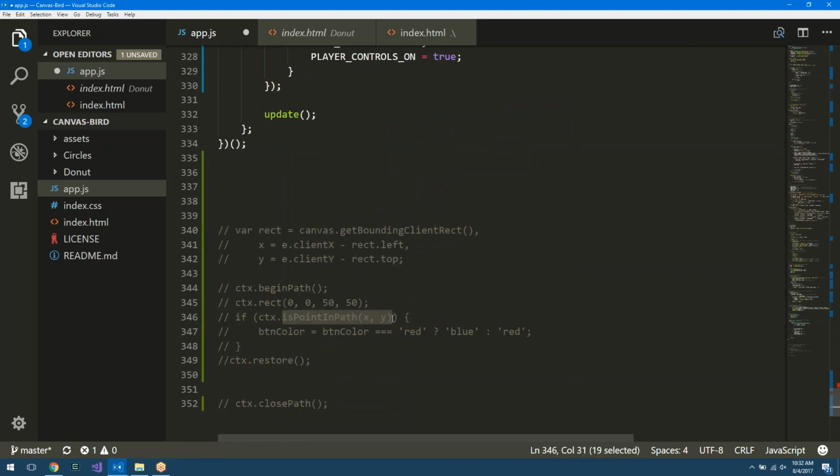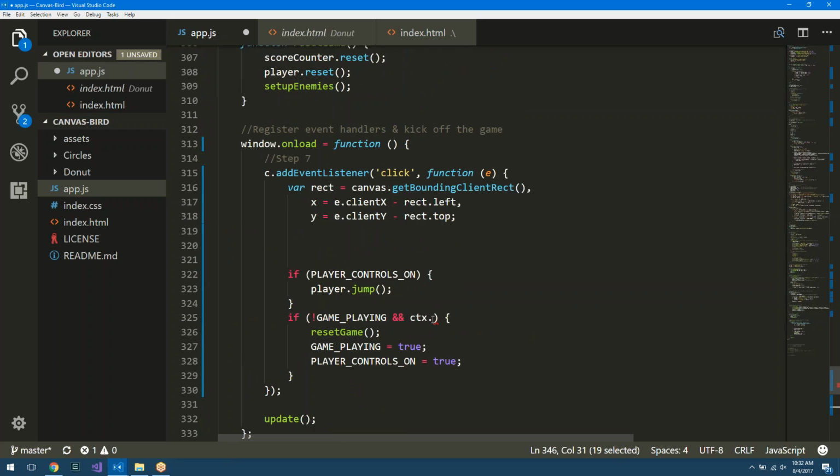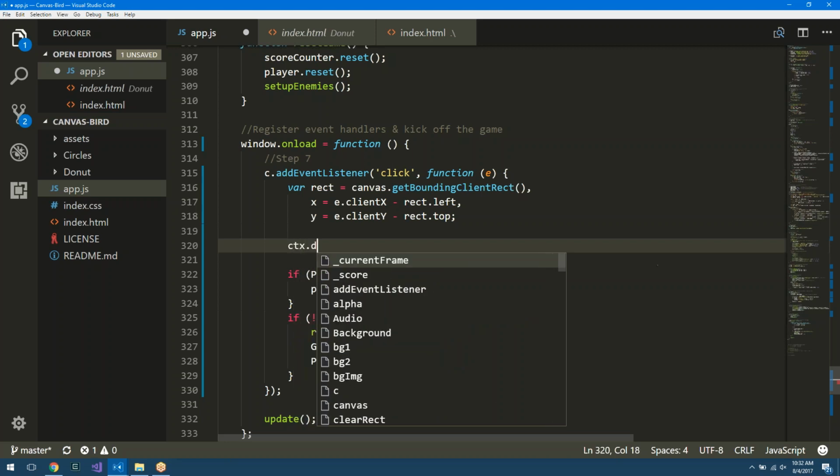So there's an isPointInPath. And we pass it an XY coordinate on the canvas, and it's going to say if that point is anywhere in that path that we just drew. The problem here is we don't have a path, so what we're going to have to do is,